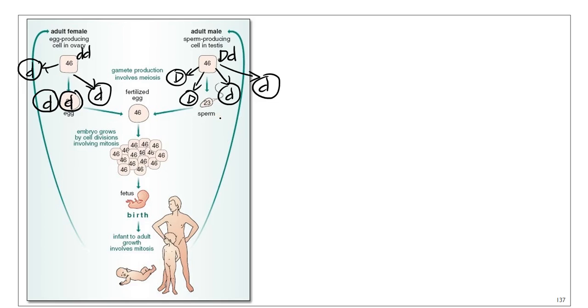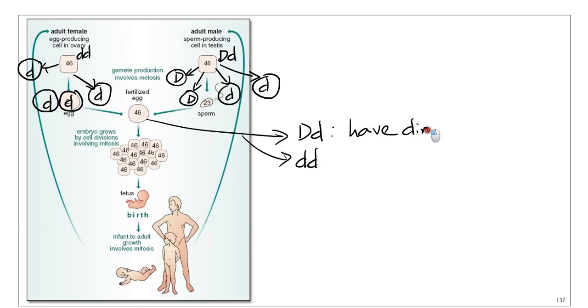So it really depends on the possible genotype that the child can have. So I think in this case, there's really only one type of gamete as far as the D genotype is concerned. There's only one type of allele that the mother can give the child, which is lowercase d. And there are 2 different types of alleles that the father can give the child. So the child can have 2 possible genotypes, either capital D lowercase d or lowercase d lowercase d. So in the first case, the child will have dimples,